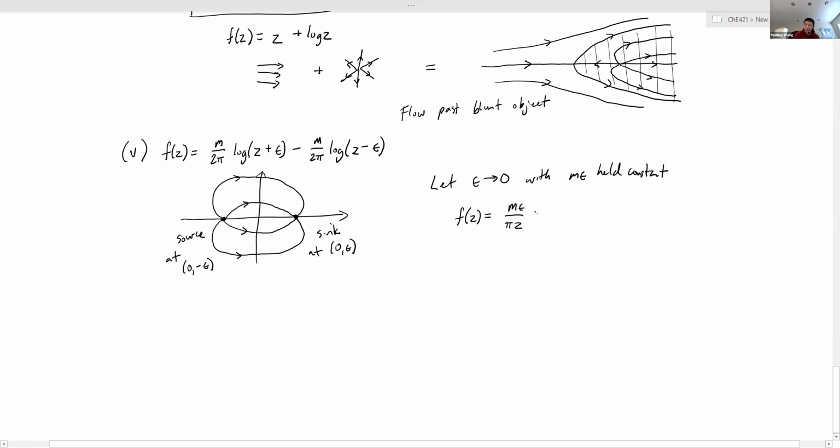Or another way of writing this, we can combine the m and the epsilon to give you a mu. We like to use mu. This mu is different than the viscosity. This mu would be something like a dipole moment, because this